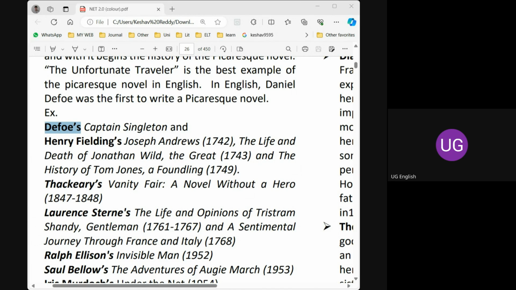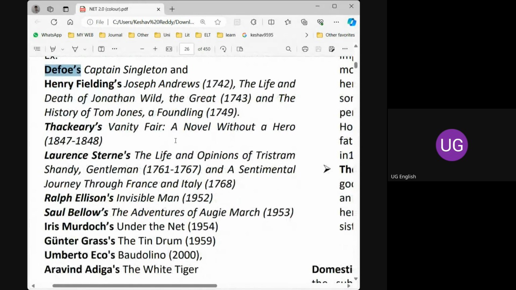And we also discussed Vanity Fair, that is a novel without a hero, and the main character is Becky Sharp. Please remember this, Rebecca or Becky Sharp. She is the heroine of this novel. Very important, and however we'll discuss it in the novel section, but very important. Laurence Sterne's Tristram Shandy, very, very important and very, very experimental. One of the first experimental novels in English literature.